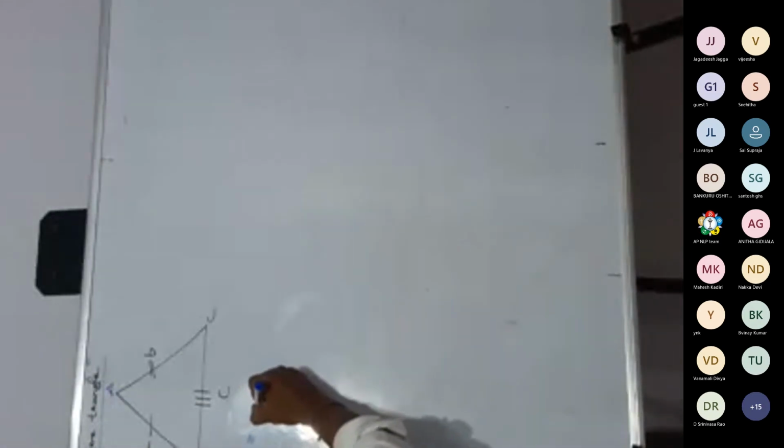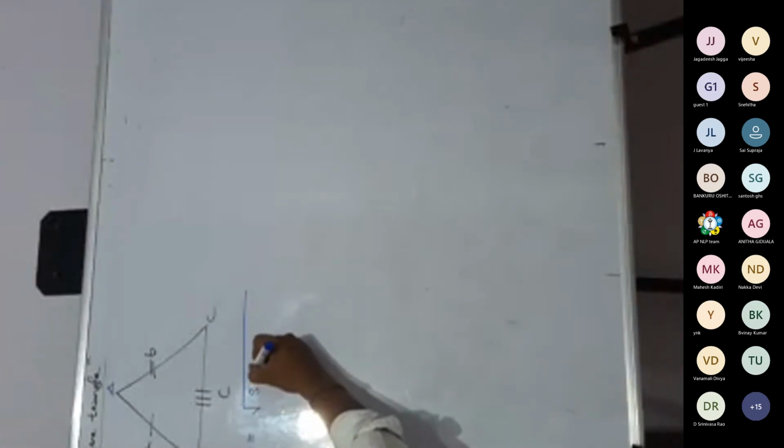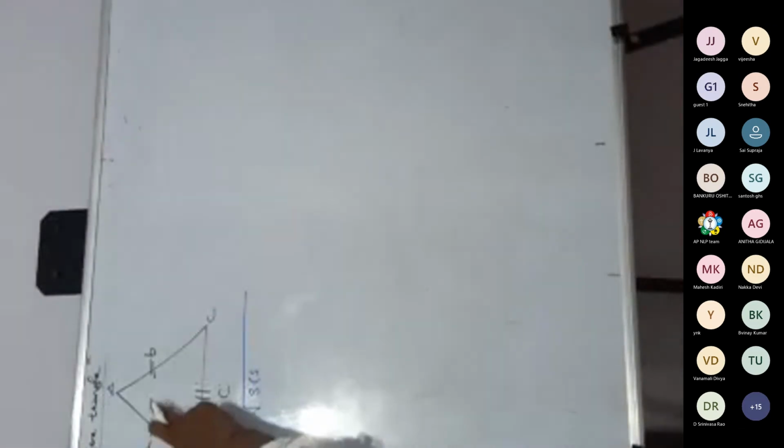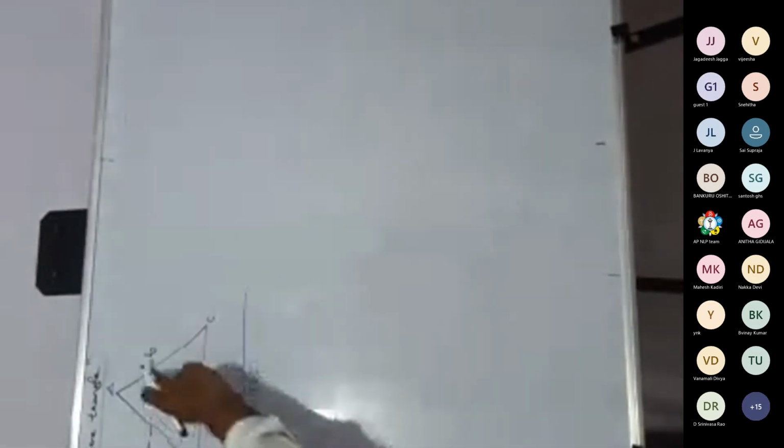For every triangle you have to calculate area and perimeter. Area of the scalene triangle is root over delta is equal to root over s into, because all the 3 sides are different. Please observe the lines here, I have represented with single line, 2 lines and 3 lines. That means all the 3 sides are different.